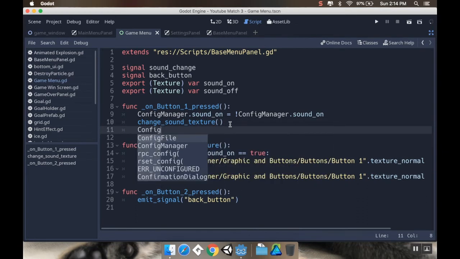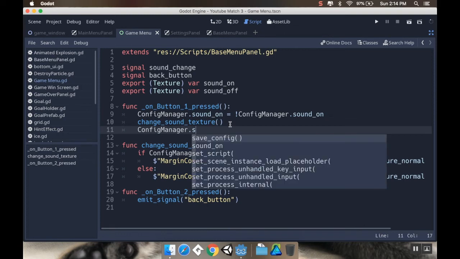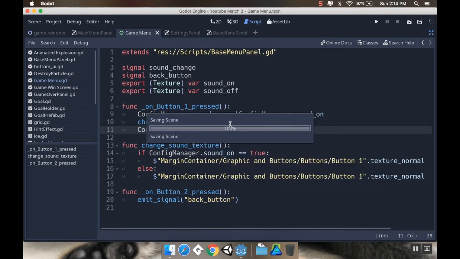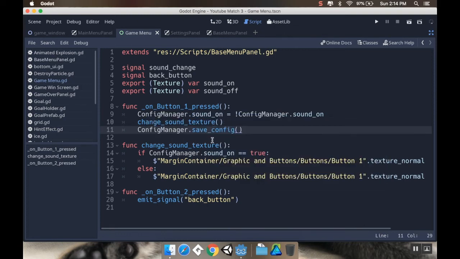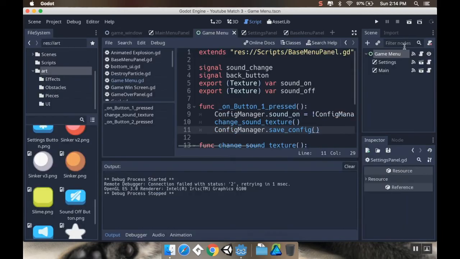So, config manager dot save config. All right, now to make it so that we're not reading that directly from ready, that we're instead reading it